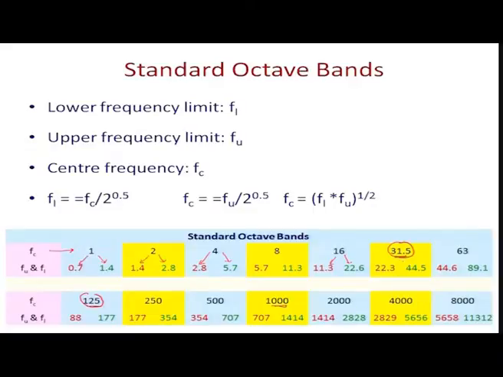So, this cycle keeps on getting repeated. These are the industry standard octave bands. This is important to understand. Now, a lot of times the gap between octave bands may be too large. For instance, the gap between 500 and 1000 is a 500 hertz wide band.